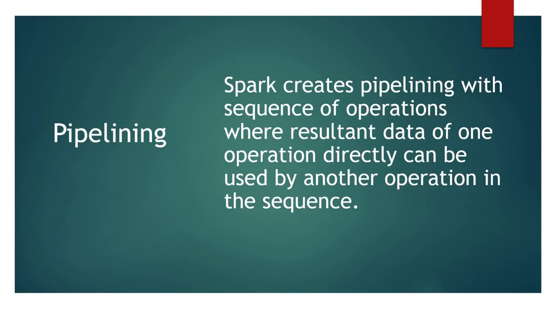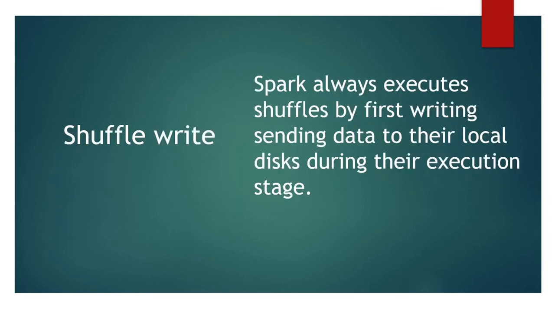Now we will discuss our next Spark execution feature, that is Spark shuffle write. Spark cannot perform pipelining on the operations where it has to move data across nodes, such as in the case of any by or by key operations. In that case, Spark performs a cross network shuffle, and while executing such stages, Spark first writes sending data to their local disk. Then the stage where grouping and reducing happens gets launched, and within those stages, tasks fetch needed records from shuffle files. This is similar to the user's own caching with the cache method, where the user controls which data to save and where to save.